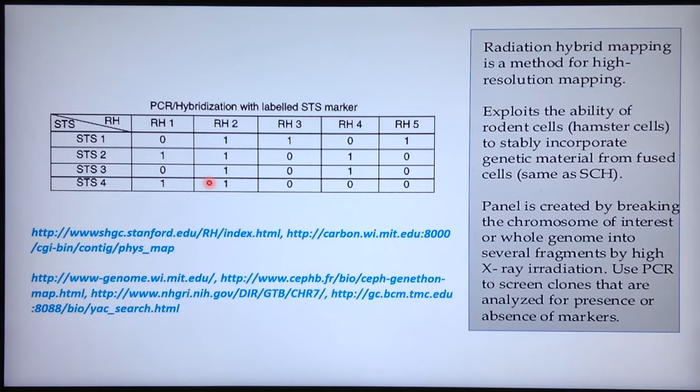Human radiation hybrids allowed the development of a type of linkage map that was based on whether any specific segment of DNA from an irradiated human donor has been retained in the cross-species somatic cell hybrid, or radiation hybrid. In these maps, the distance between markers is measured in centirays, where each unit represents a 1% probability of X-ray induced breakage for a specific dosage in rads. These maps include genes as well as anonymous sequences, including microsatellites.